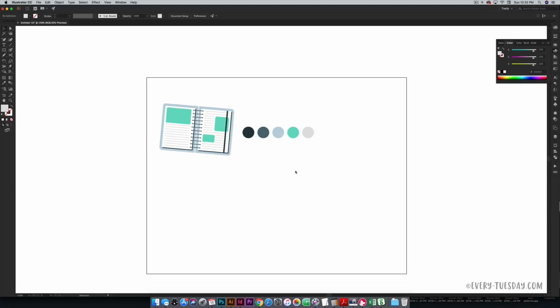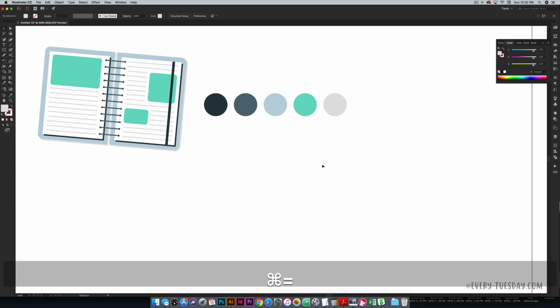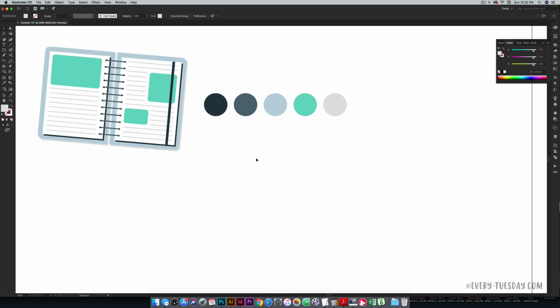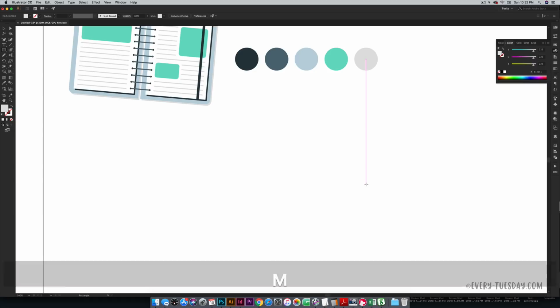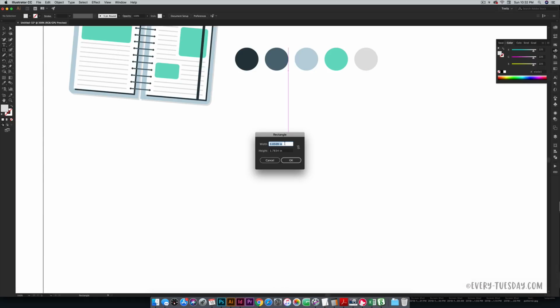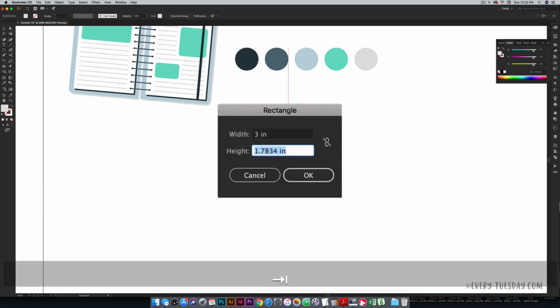So we're going to start off by creating it straight and then we will rotate it at the very end to give this kind of more dynamic look to it. So the first thing we're going to do is just create a rectangle that's 3 inches by 2 inches. So I'm going to hit M on my keyboard, double click twice, and input 3 inches by 2 inches and